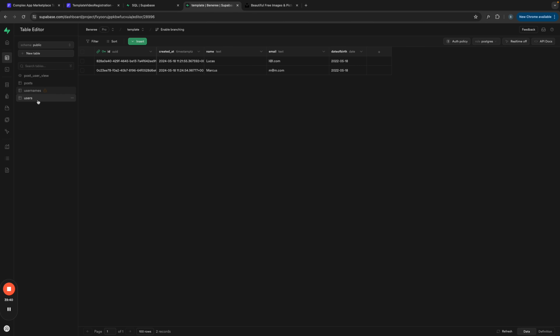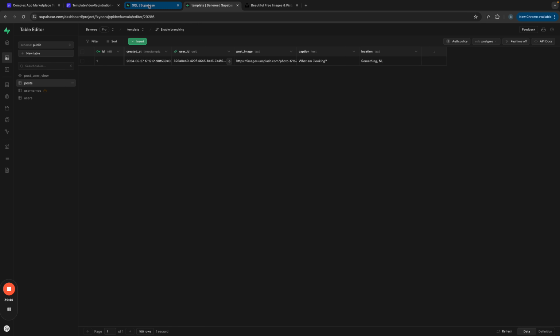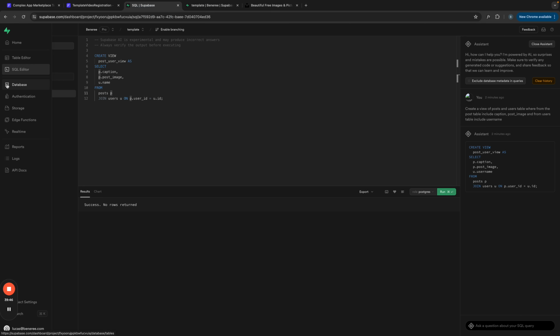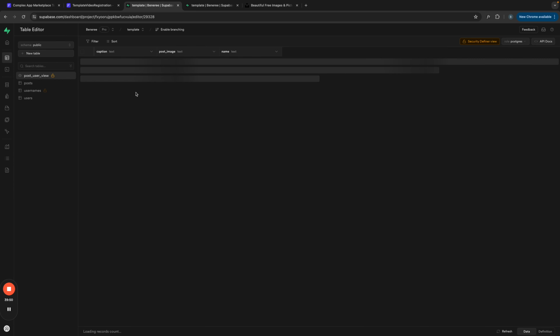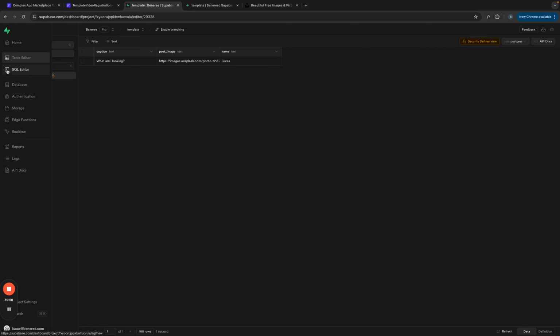So obviously from the post, I know that I need, let's see what's there actually in the database. So we go to table, we have a view. So we have a caption, post image, and name. Okay, so that's actually matched so far. Let's go back to this editor